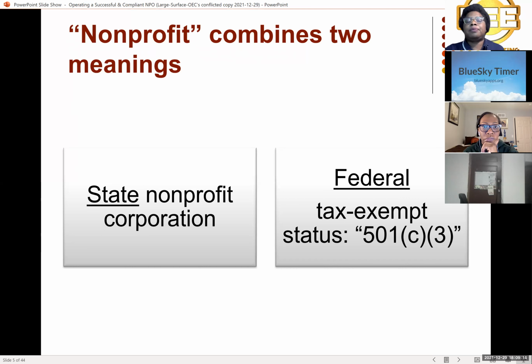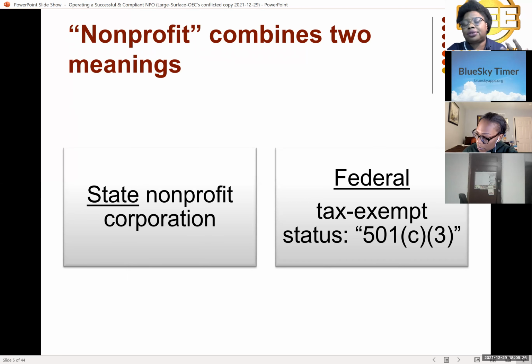So when you say nonprofit, this is combining two meanings. First of all, you become incorporated through whatever state you're in. And each state has their own rules on incorporation. Each state has different fees. Like when somebody calls me to help them set up a nonprofit organization,